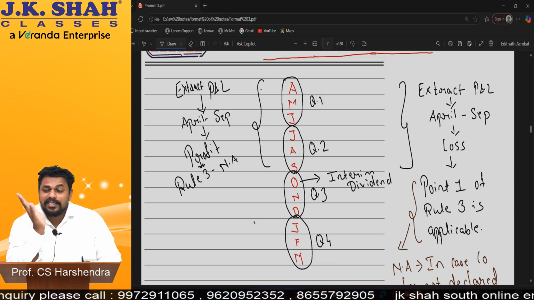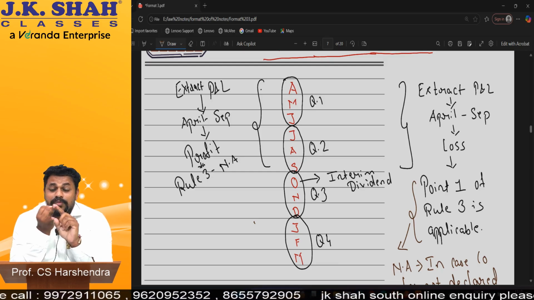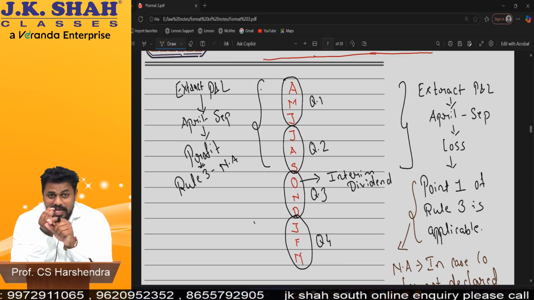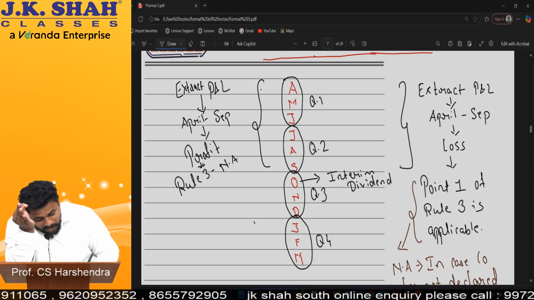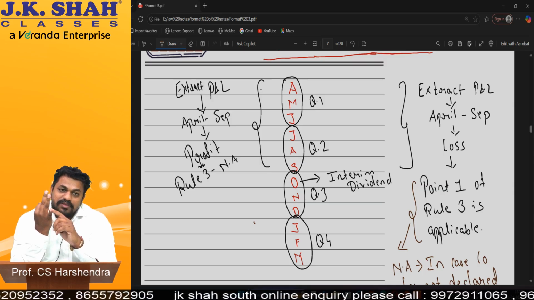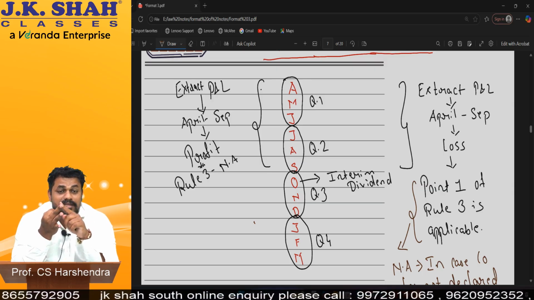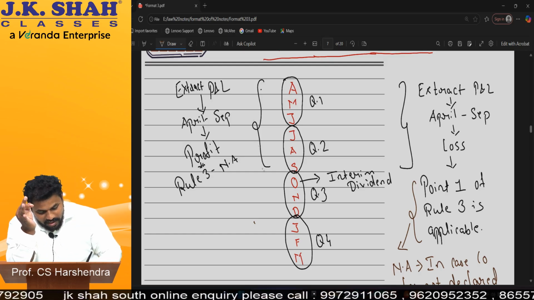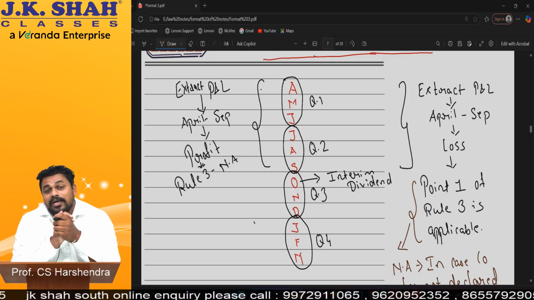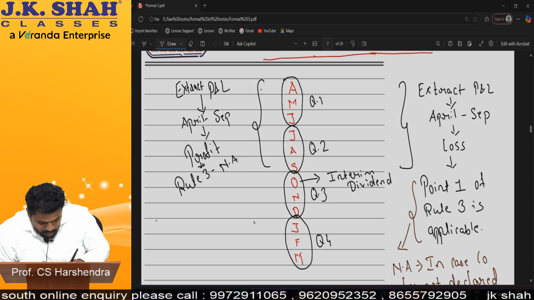Understood? That is the reason it is told that interim dividend can be paid from reserves, from the P&L account last year's, or from the profit earned in this period for which you are paying dividend. Three sources: reserves, P&L account, that is last year's P&L, and third is from the profit earned during the period for which you have prepared the extract P&L. Am I clear with this? Understood? So I am writing here sources.